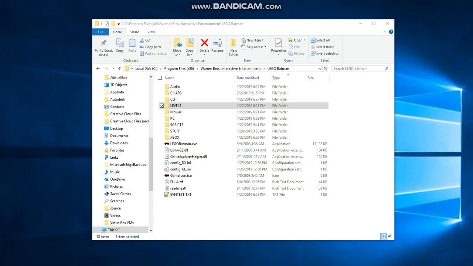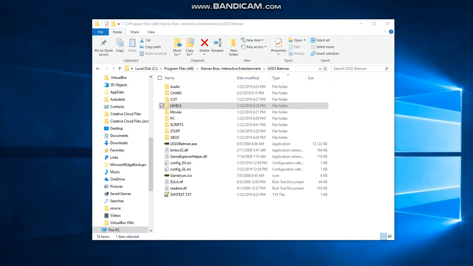Salutations, Proboscis2 here with yet another explanation on how to mod LEGO Batman, and in this one I will be showing you how to add your own levels that are either edits of existing levels pieced together or ports of levels from LEGO Indiana Jones and LEGO Star Wars The Complete Saga. So this is for the one I showed in a previous video on my channel called Why